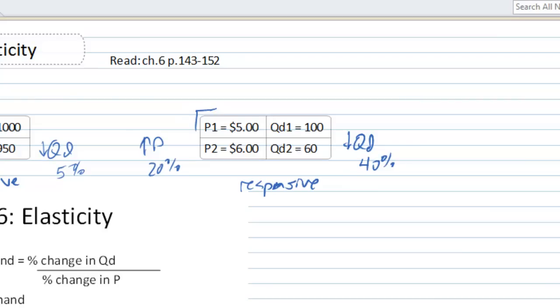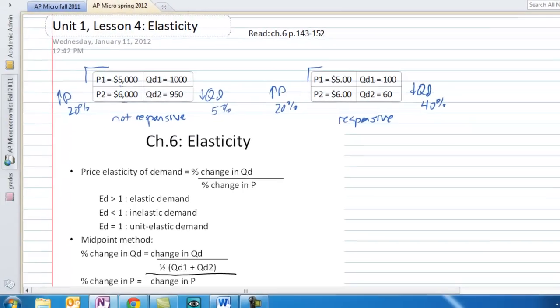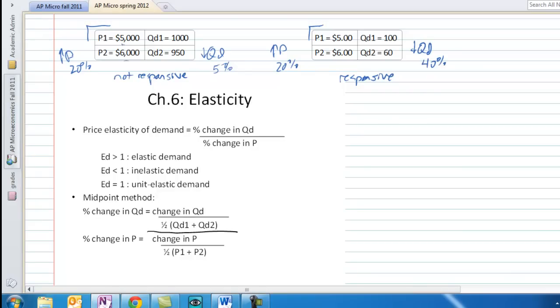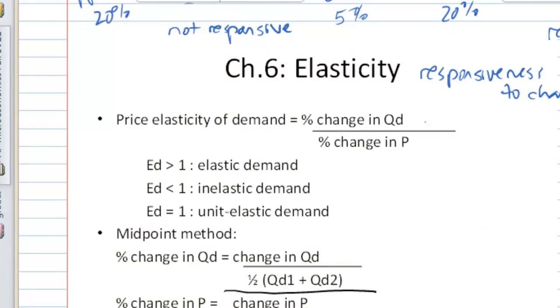So that's a good start, a look at a couple of the extreme examples of the elasticity concept, goods that are very not responsive or very responsive to price changes. And that's really what elasticity is all about. Elasticity is the responsiveness to changes in price. There's several types of elasticity that we'll talk about. This is basically what the concept comes down to. And it's measured as a ratio of the change in the quantity demanded over the change in price in percentage terms.